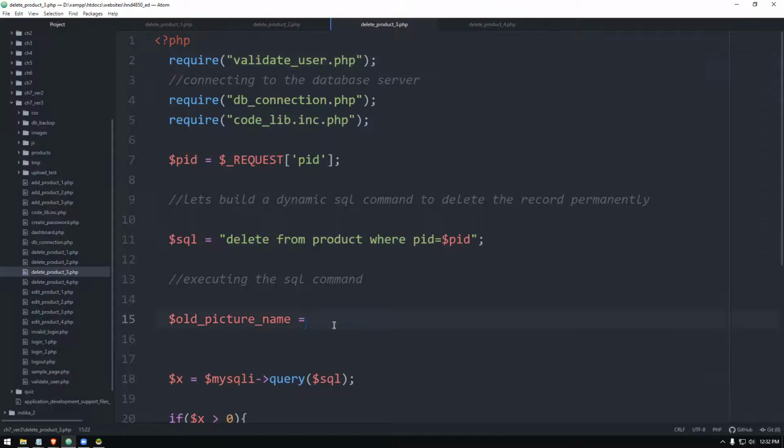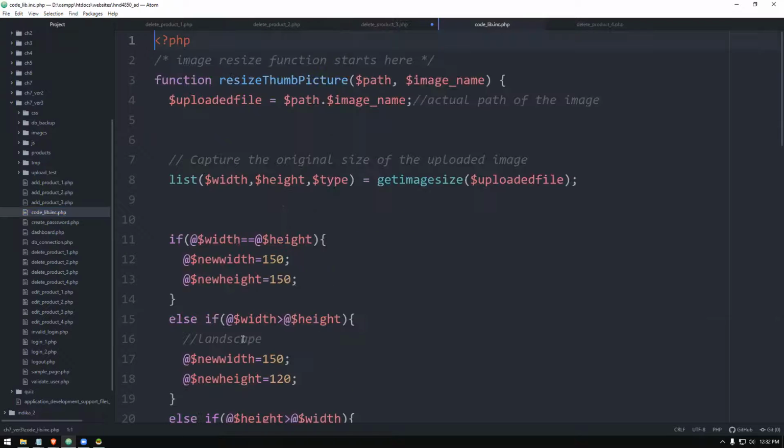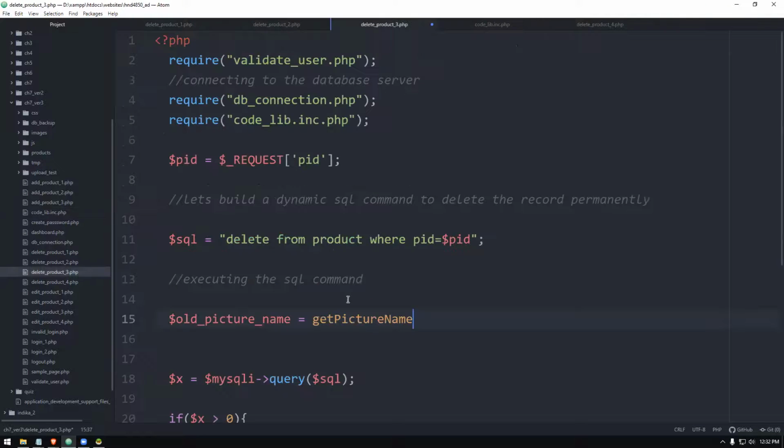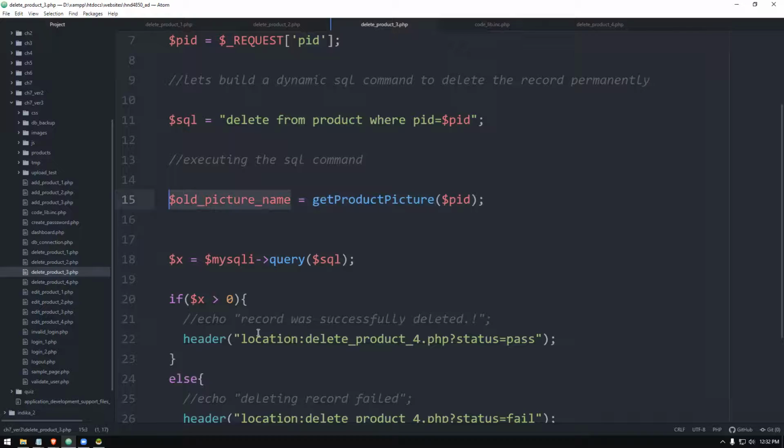I think get picture name is the one that we have; we'll check anyway. Get product picture, okay, fine. So that function we have to call here. The only parameter we have to give is the ID, which we already have: the product ID. We can pass that ID here. Then this will return a file name. Possibilities are that it's either going to be default.jpg or a file name.